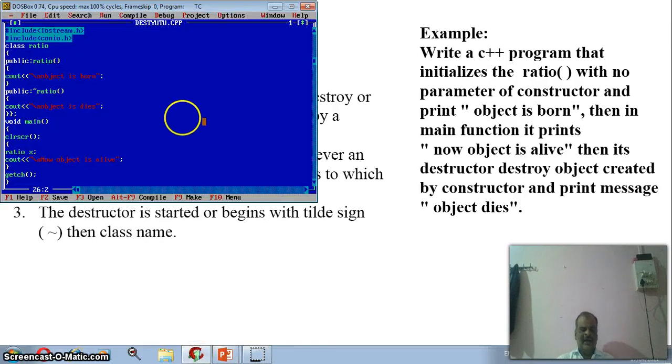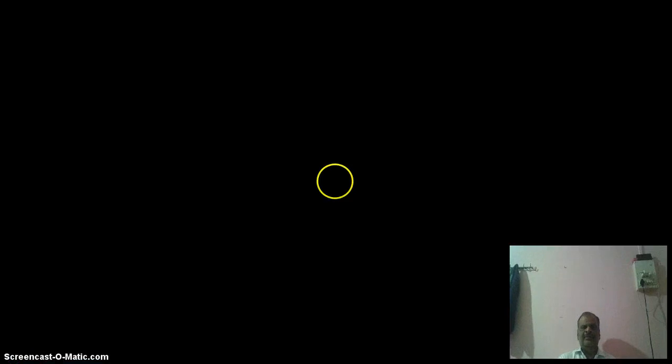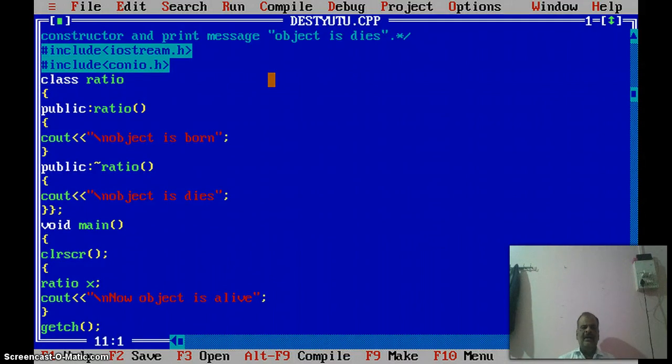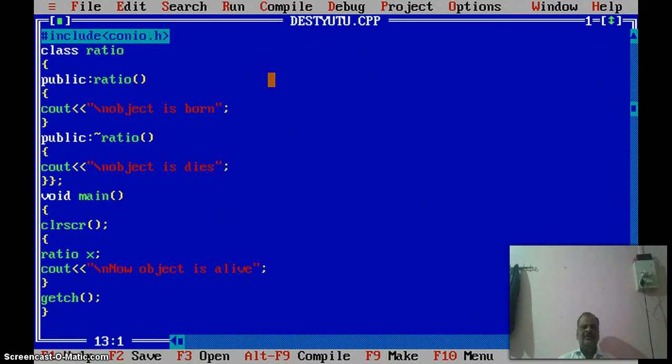I will create a program like this. In the program we have a class named ratio, and there is a constructor with the same name as the class. Here ratio is the class name, and here is the constructor. As we discussed last time, this constructor prints "object is born", so it is given here.